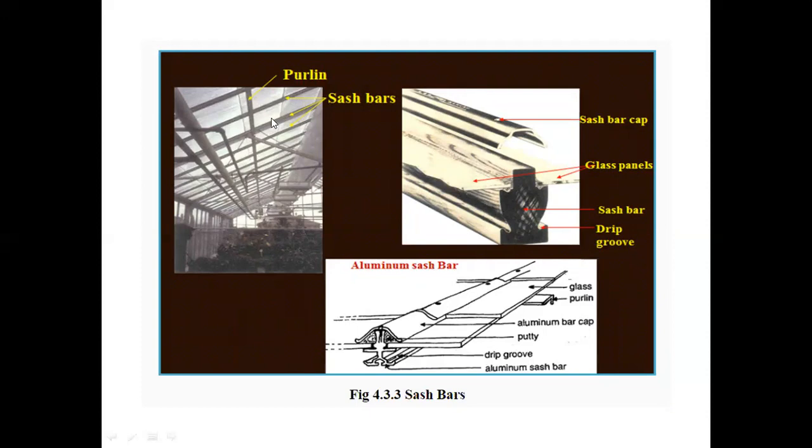Sash bars can passage the water also during the condensation process or evaporation process, or when there is a humid climate, and when droplets of water are forming in the dawn period of the day, where it gets a passage to the gutters or the water passage from the sash bars. Okay, so these are the sash bars.